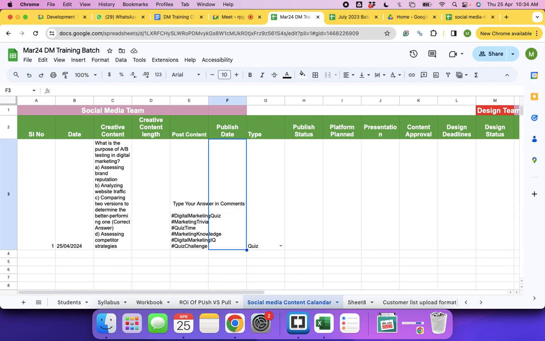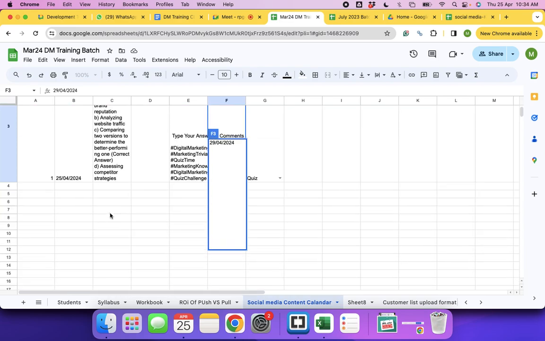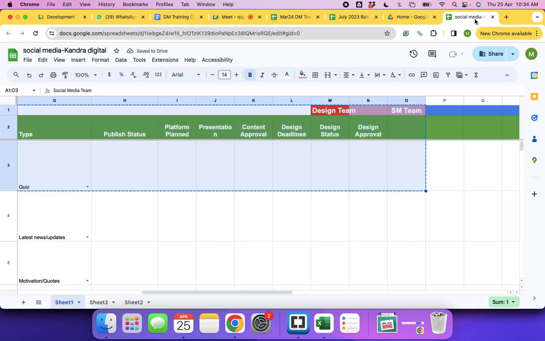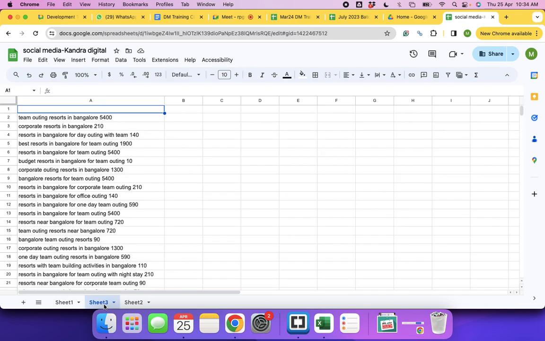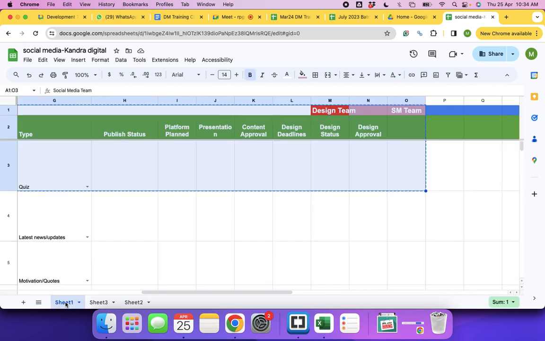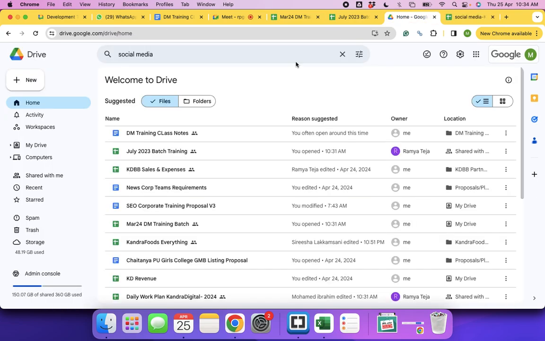Where are we planning this to publish on? 29/04/2024, or maybe this could be planned for the complete next month. For the next month, you might work here. So you might see that for different months they'll maintain different dates. Maybe I'll show it to you for a different project.